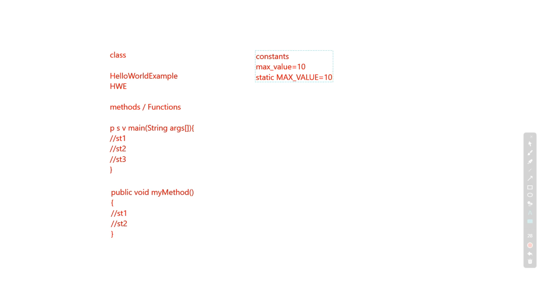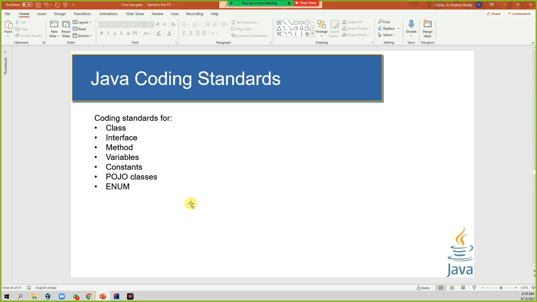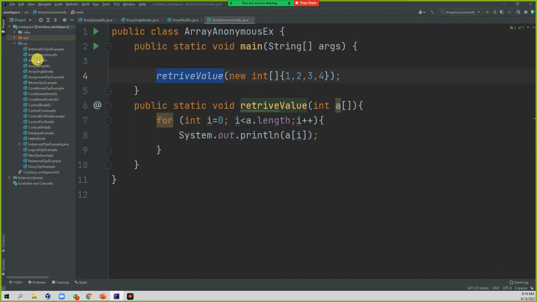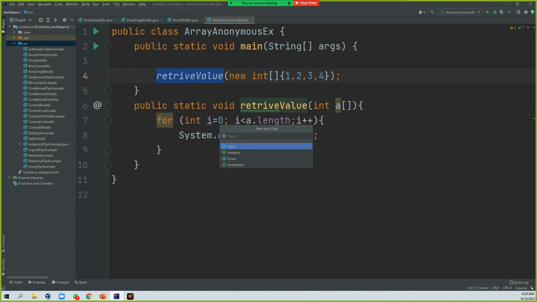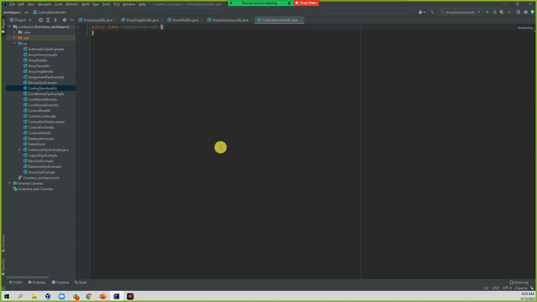So far we've seen the class, method, and constant. Let's write a program to see how it looks. We'll write one program for that: a coding standards example.